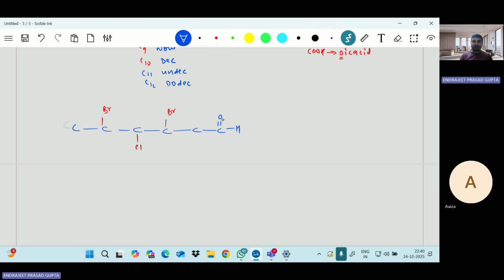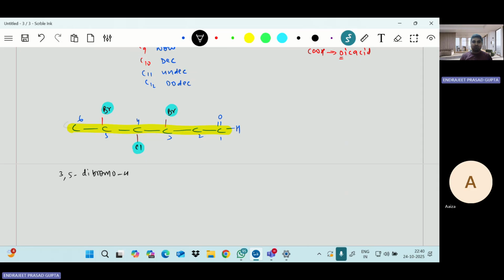So start numbering from this side: carbon 1, 2, 3, 4, 5, 6. This is the main carbon chain and this is the side chain. Bromo, chloro, bromo: these three are the side chain. So the side chain is the prefix. Bromo is present on third and 5th, so 3, 5 dibromo